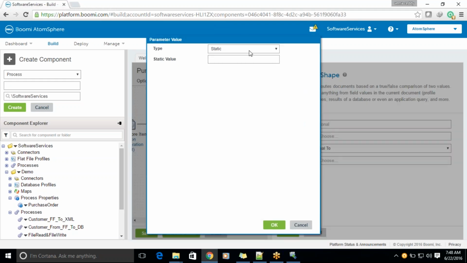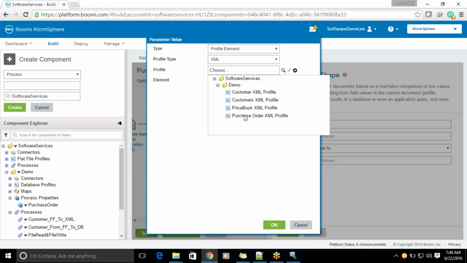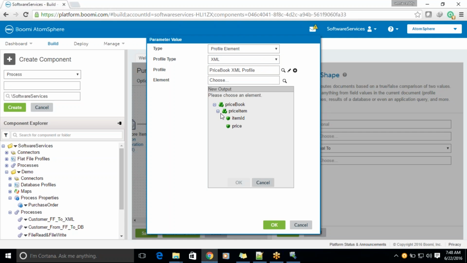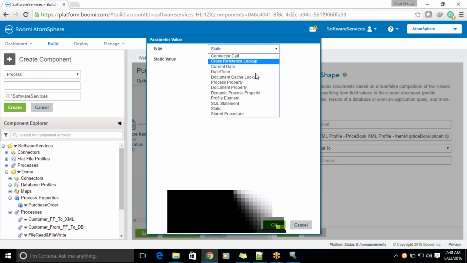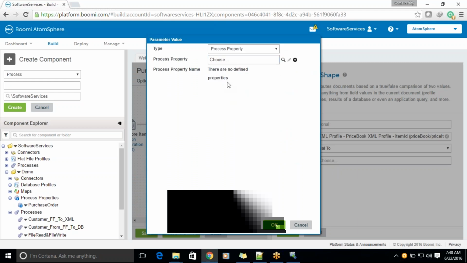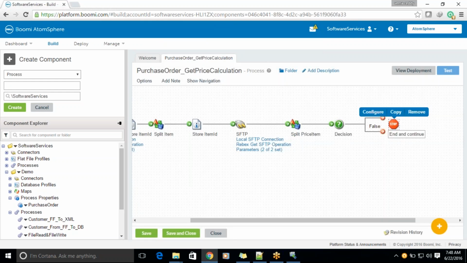First thing is what I need to search here. Because I wanted to compare two arguments, you can put either the profile element or any other argument as the first one. As here, I wanted to check the item ID, and then whether it is equal to the process property component. What is our item ID is this. If both are equal, then I wanted to